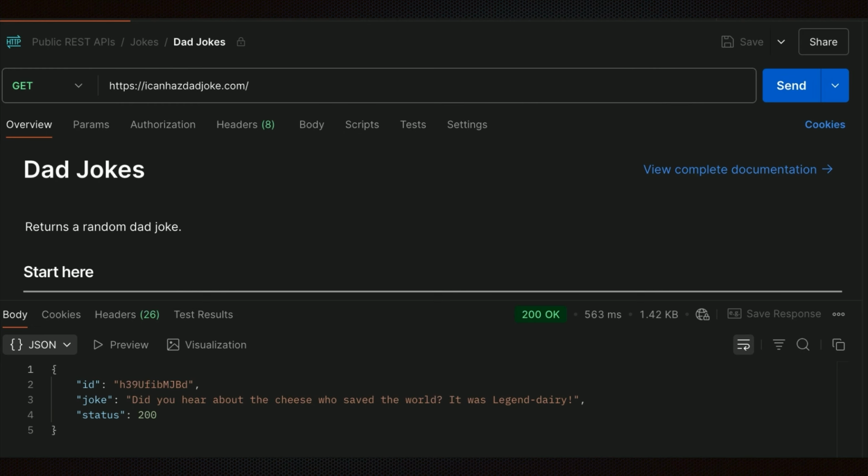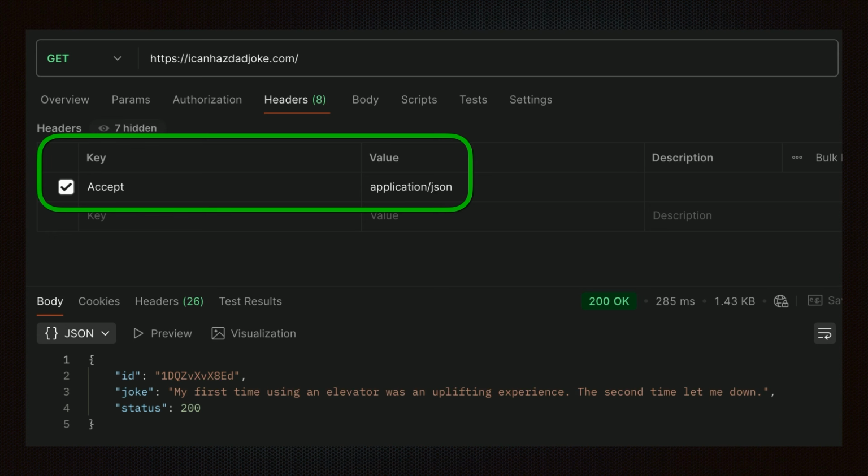Now that looks different. We didn't get all the HTML and CSS and ads and everything like a web page. Why not? Headers. The accept header tells the web server what type of response you want. Those of you that have configured a web server before or read email headers might recognize this as a MIME type. This example is JSON, which we'll get into in a minute. Changing the accept header will change the kind of response we get.